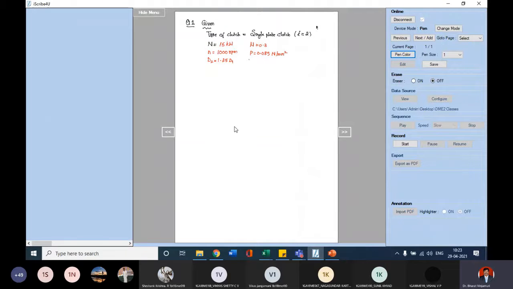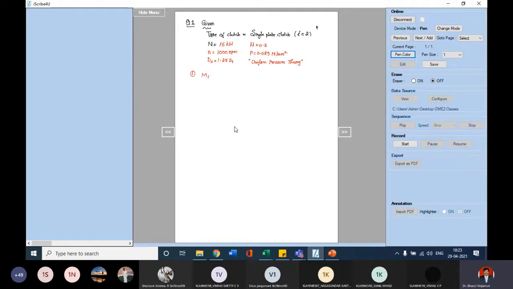And the condition is uniform pressure theory. Uniform pressure theory, right? Let me start with the design. So design is very simple. First step,